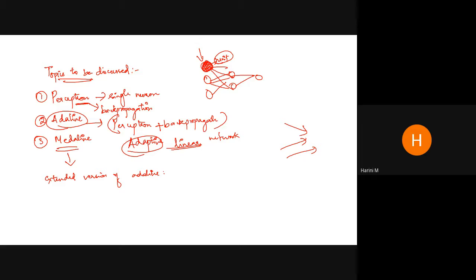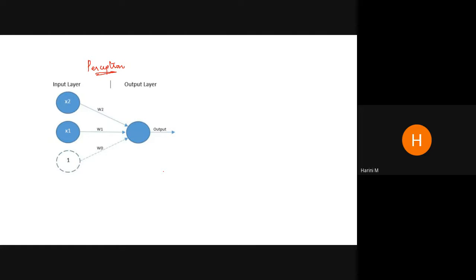Now let's see what a perceptron is. Now look at this. This is a perceptron. This is your input layer. These are not your neurons actually, so this can be a box also, any shape. These are your inputs actually. This is the neuron that we've been talking about, and this is known as a perceptron.